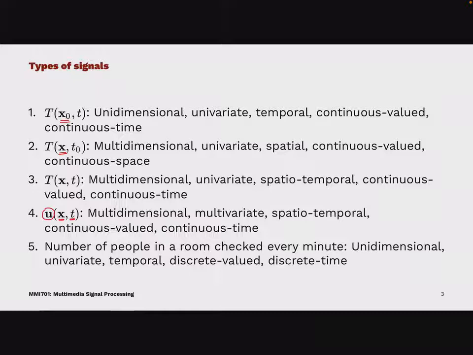So these are different types of signals. You can just make this list bigger if you like, but these are just some examples. Now, in this course, we're going to specifically deal with temporal signals. We're going to deal with univariate signals, and we're going to deal with unidimensional signals. But in many things that you're going to do later throughout this master's program, you're going to be dealing with multidimensional signals, in some cases spatiotemporal signals, etc. But in many cases you'll be dealing with discrete valued and discrete time signals.